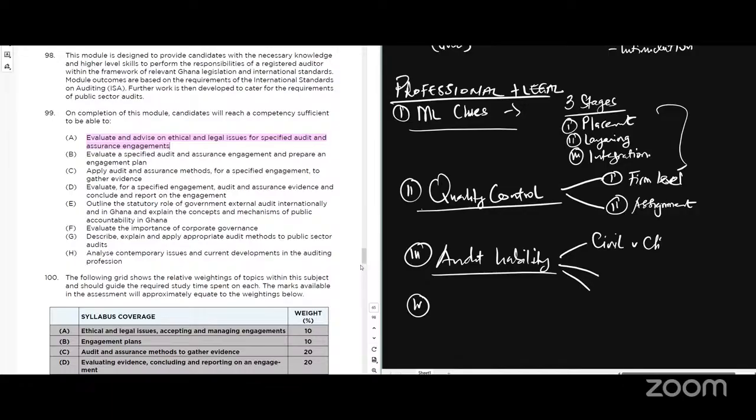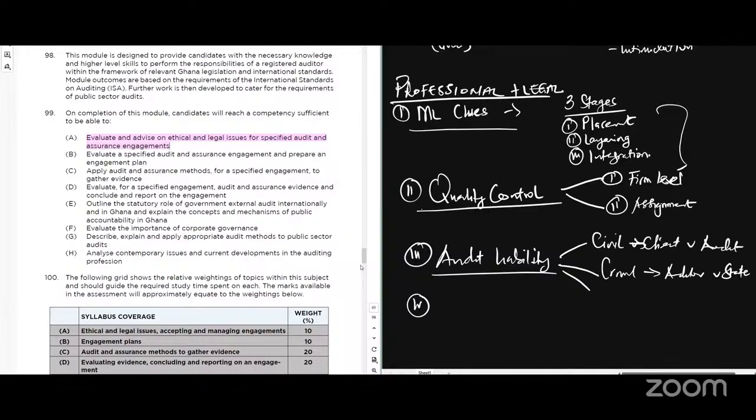So we are saying that, okay, client versus auditor. Maybe you did something wrong to the client and the client sued you. We have what we call criminal liability. Criminal liability means it's between the auditor versus the attorney general versus the state. It means that maybe they spotted some criminal activity, let's say terrorism, drug trafficking.